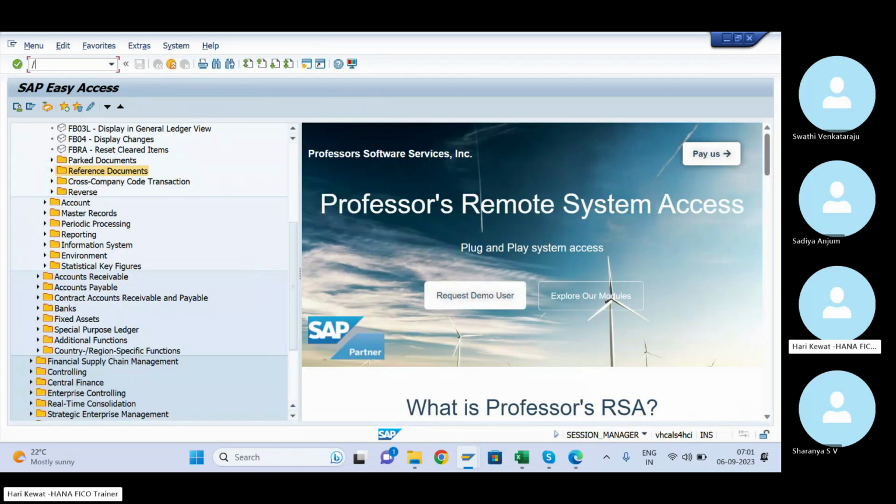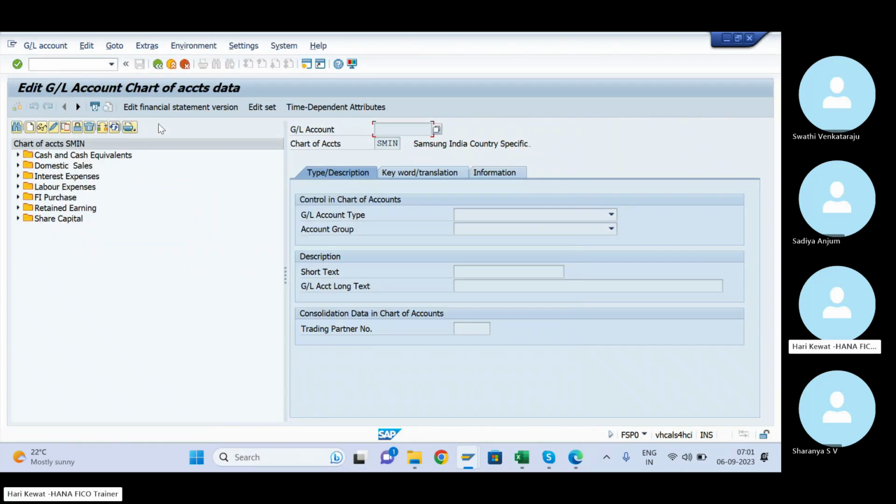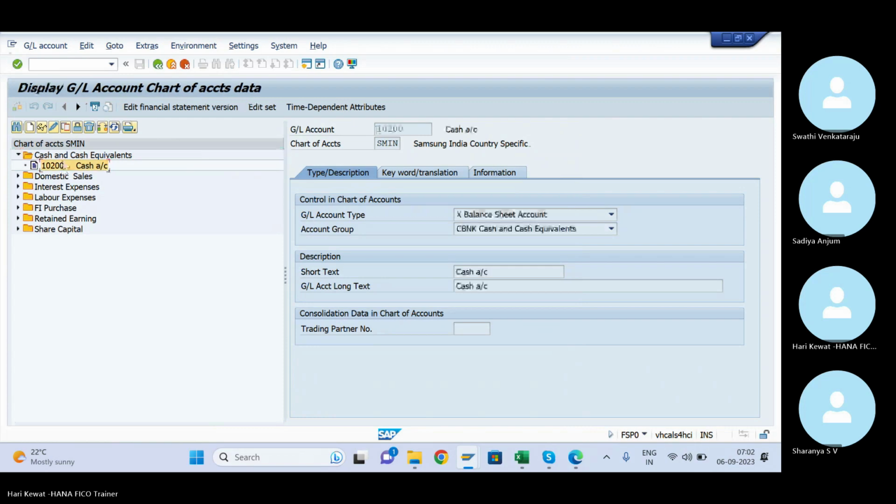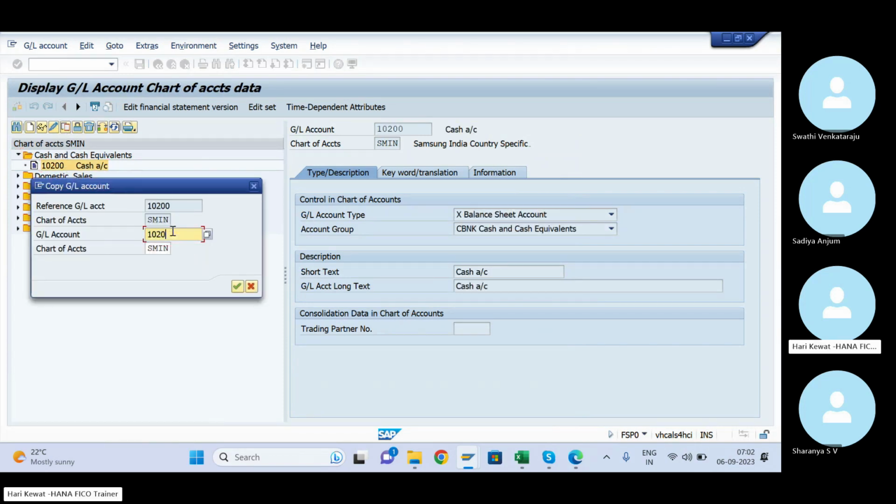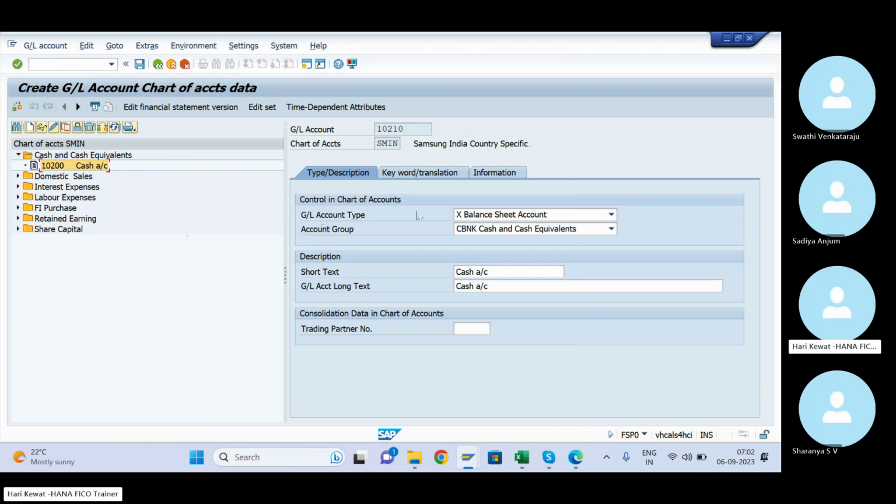Go to slash NFSP0. Copy it. 299 means 210 I'm taking. And another thing, whenever you are creating the main bank, make sure that the main bank's last digit is 0.